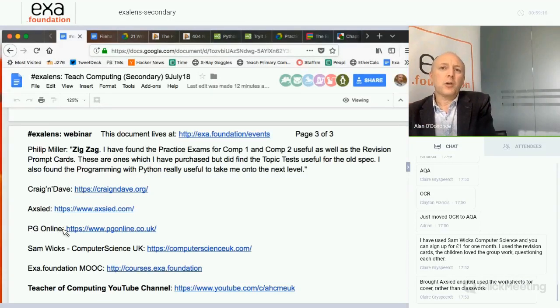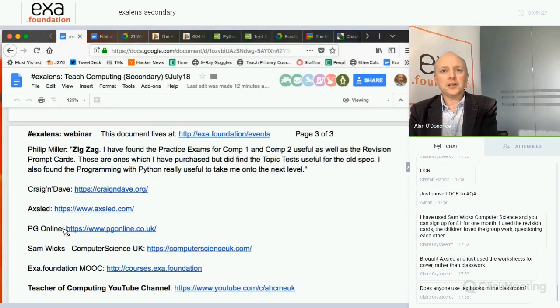So the quality is very, very high, but people say the textbooks might be amongst the most expensive, but some people do all their food shopping every week at Marks and Spencer's because they don't mind paying the extra for the quality. There are a load of lesson planning materials for PG Online, and the costs do start to mount up if you start buying all of the packs. There are some that are available for free, and I mean legitimately, if you go on their site, you can download some samples.